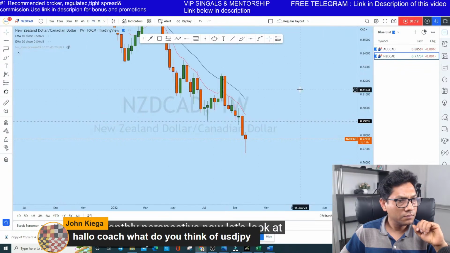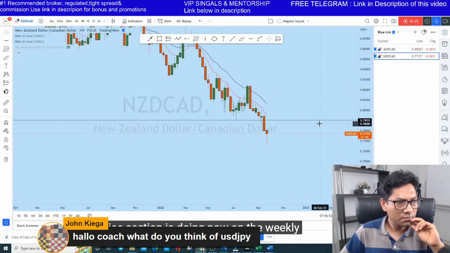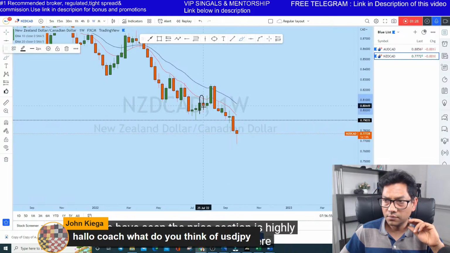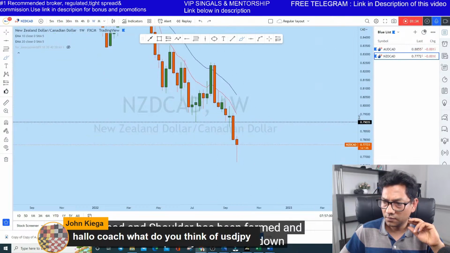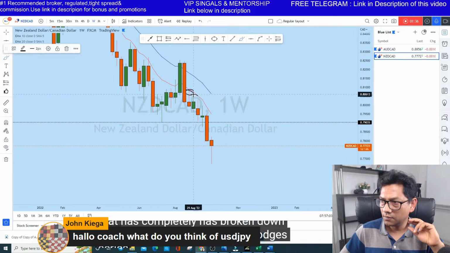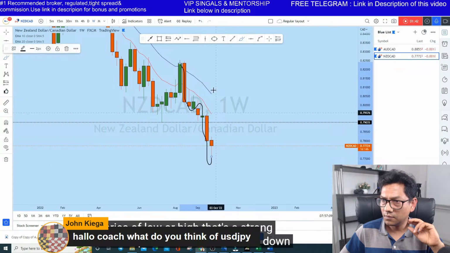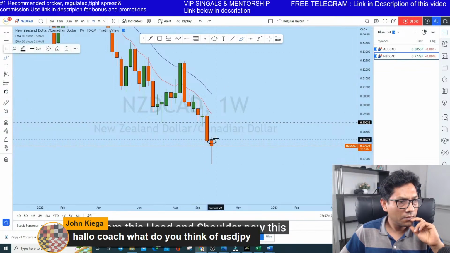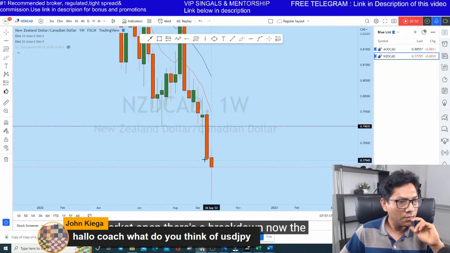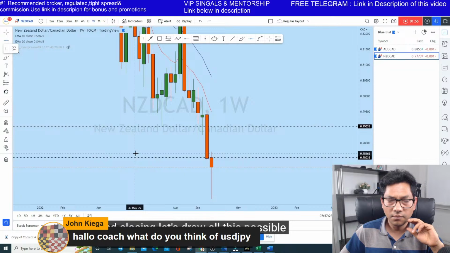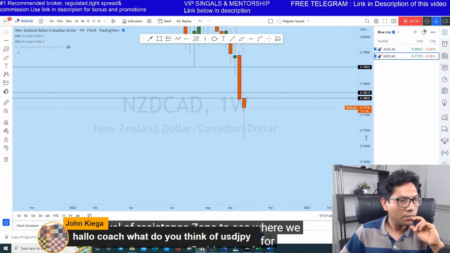Now let's look at the weekly time frame to see how the price action is doing. On the weekly, the price action is highly bearish as well. We have seen a head and shoulders formed and then broken down, creating first of all quite a few dojis, a series of lower highs. That's strong bearish price action, broken down from this head and shoulders. This current week, as soon as the market opened, there's a breakdown. Now the price is at the weekly opening and closing. Let's draw all these possible resistance zones to see where we can find the next selling opportunity for NZD CAD.